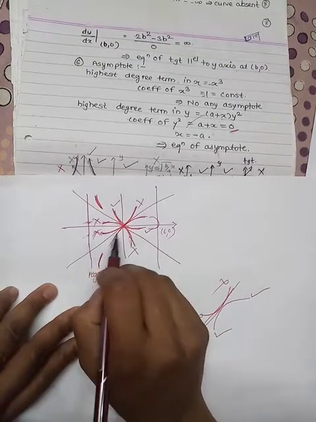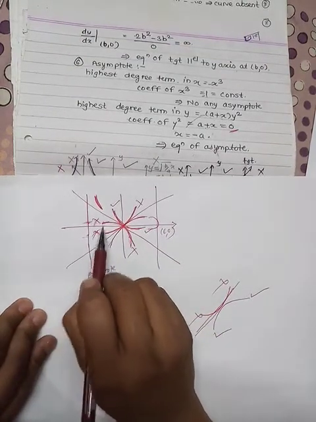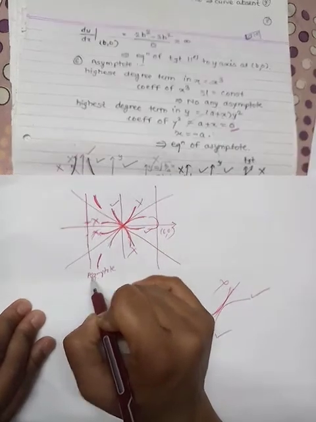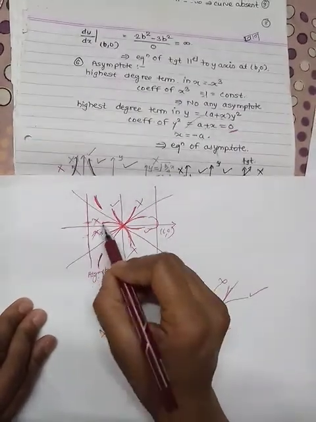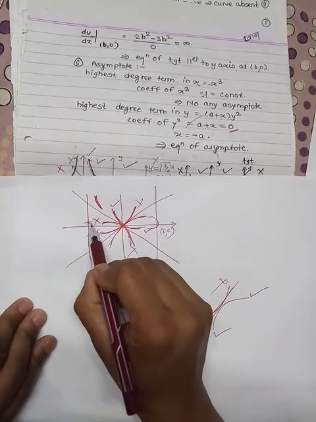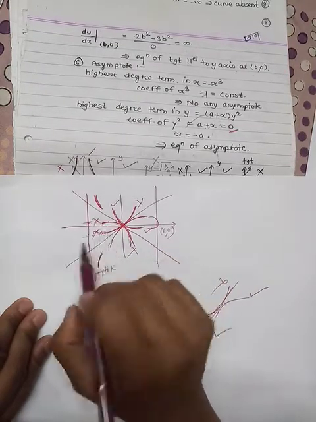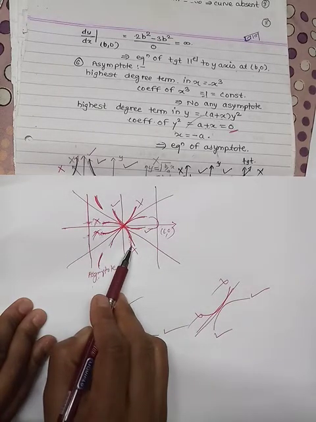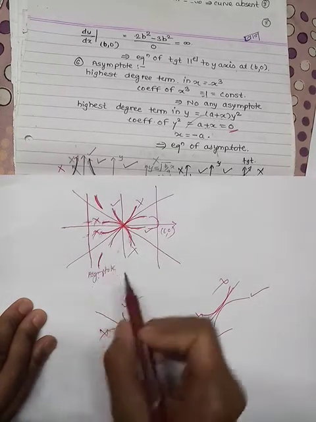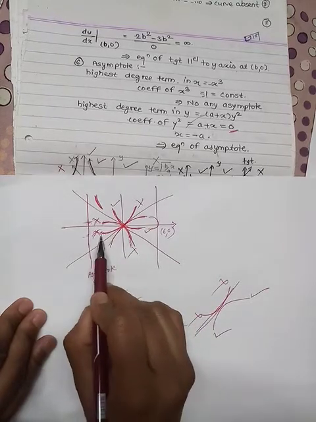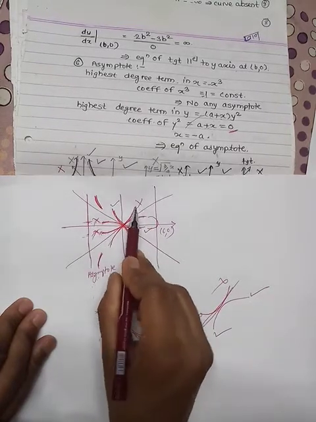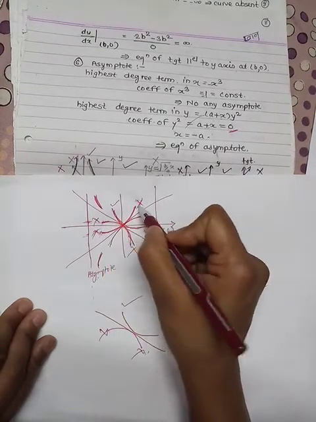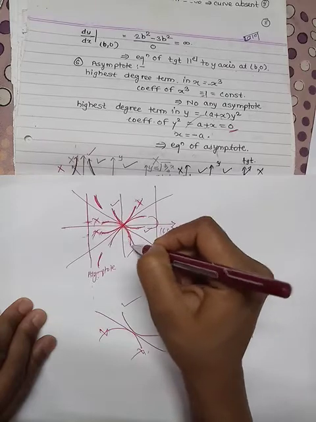How have we cancelled this? So this part we have cancelled because this can't intersect this asymptote, because by the asymptote definition, the curve should intersect at infinity only, not here. Hence we have to cancel this part, as this part is joined to this possibility. Hence we have to cancel this part also, as this part is joined with this part. Hence we have to cancel this also, and as this is cancelled we have to cancel this.